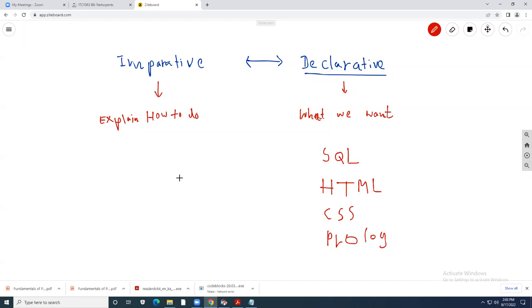So let's start with C, Java, C++, C#, Python,